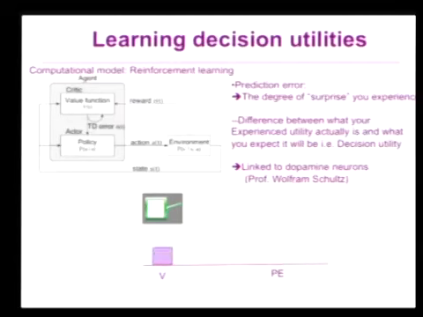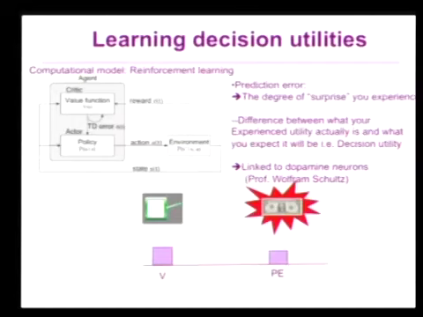So then you update your expectation, because your prediction error was high, so you update your prediction. You come along again, you make a choice again, and again you win your dollar. So this time your prediction error is lower because you're less surprised. Okay, and you still update your value again.